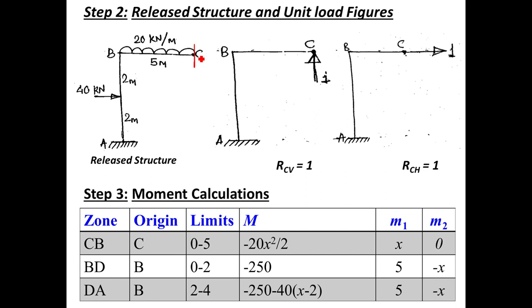If you move from point C towards B, if you look at the BC span, it is subjected to UDL. So if you take a section at any point on this BC span, and if you observe the right portion, your loading conditions remain the same, that is UDL. It means from C to B, a single zone, beam CB, represents the single zone. So C to B, we will take it as the first zone.